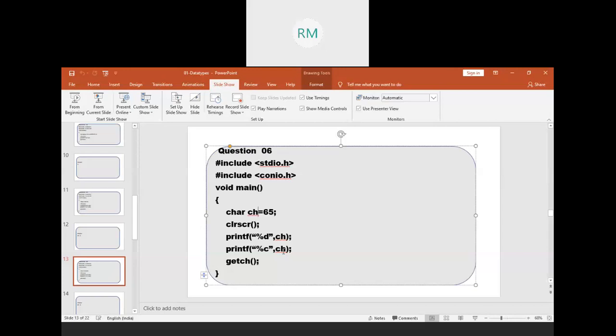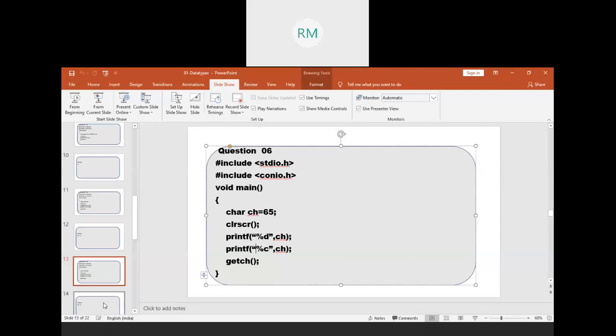Internally, these character literals are represented as integers only. So if I assign any integer value, its equivalent character will be stored in the variable. You can use percent D or percent C, any of the format specifiers. If I use percent D, it prints the equivalent ASCII value. If I use percent C, it prints the actual character.